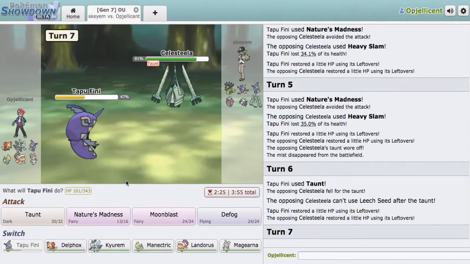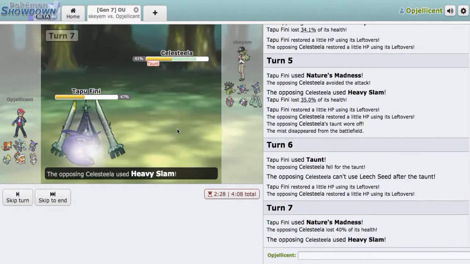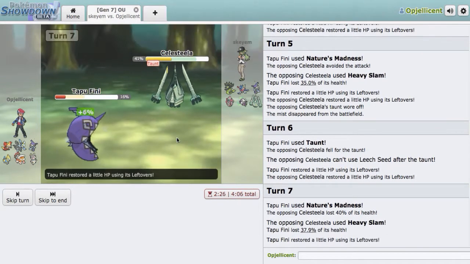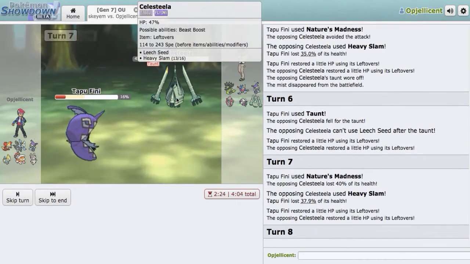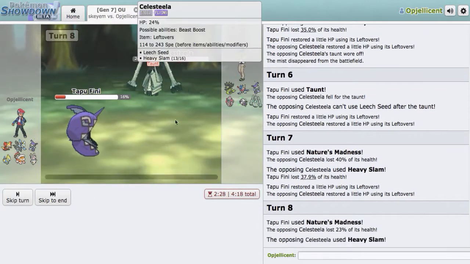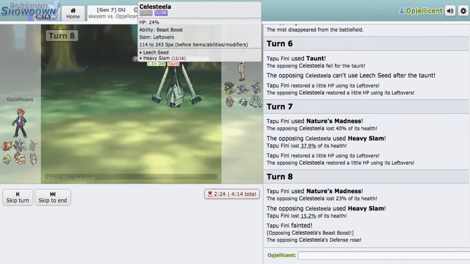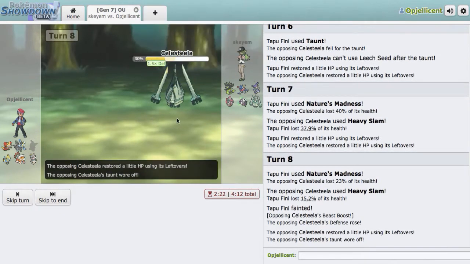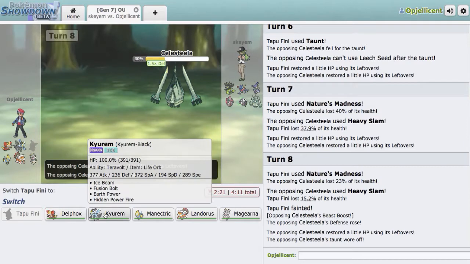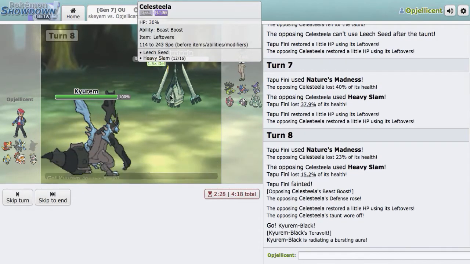Okay, now I have to land this one. Cool. I don't even care if he knocks me out, this mountain does nothing. And what I'll do here is just go for it again. Fortunately, we do connect. And now what I can do is just safely bring out my Kyurem. And I can just go right here for the...